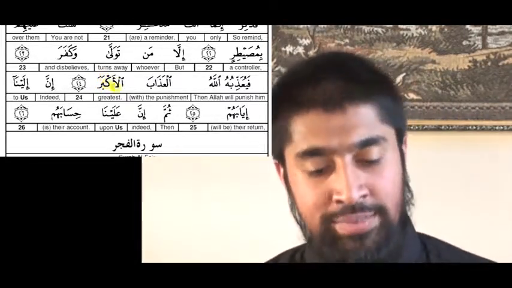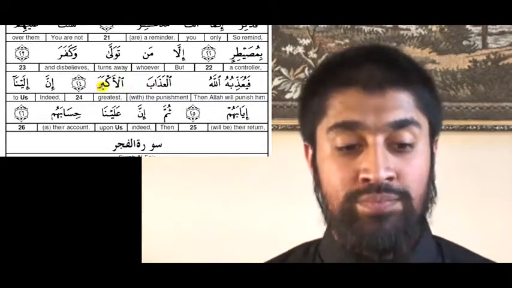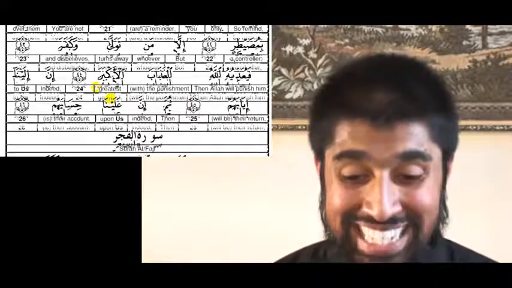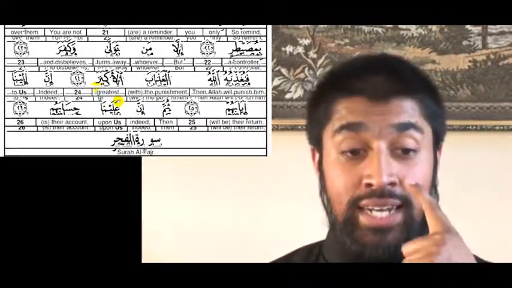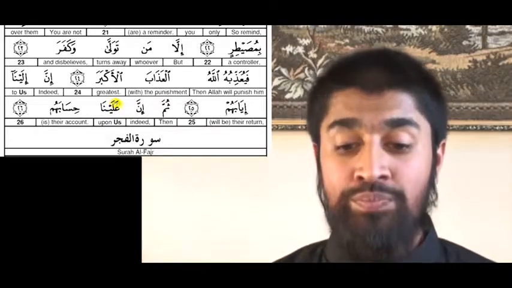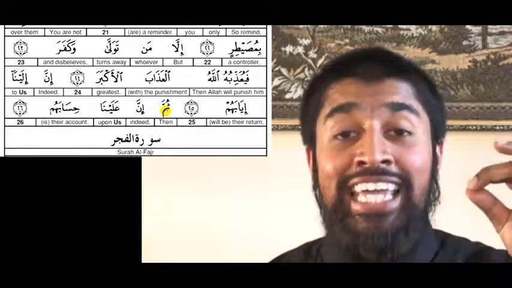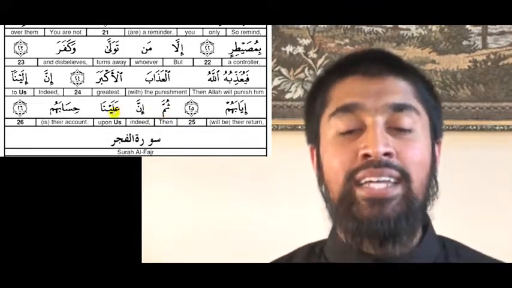You're going to end on a heavy ra because when you stop on a letter, ra, you're going to look at the letter before and it makes it heavy. Adab al-akbar. Verse number 25. Inna ilayna iyabahum. Verse number 26. Thumma inna alayna